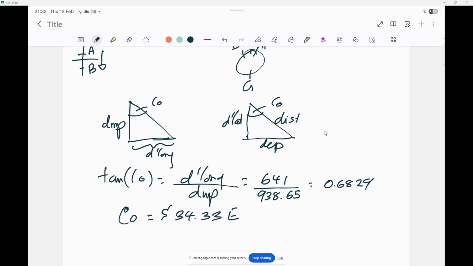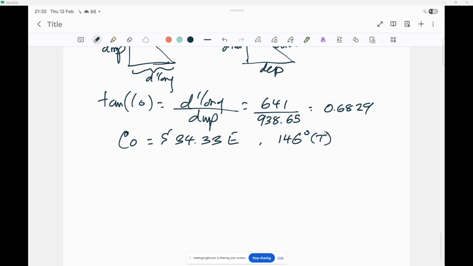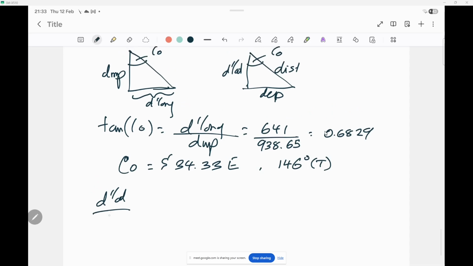All right, okay. So 180 minus 34 decimal 33 is 145. So the 3-digit course is 145 or 146 degrees. True. This is the course, 3-digit course. This is the quadrantal course, and then let's go on to find out distance. D lat divided by